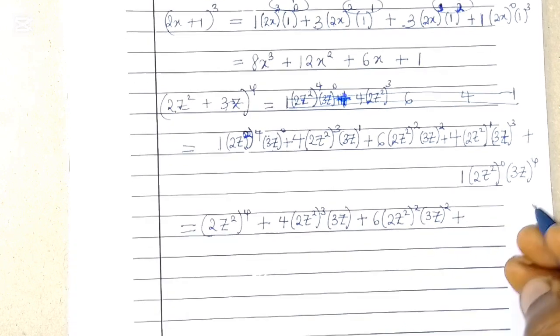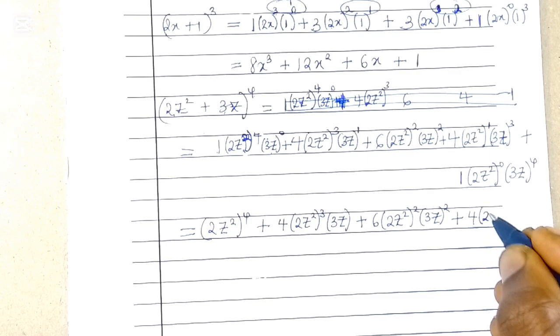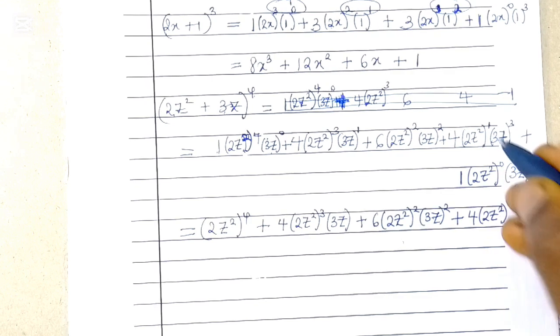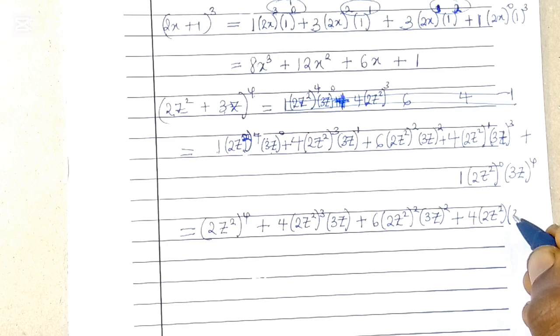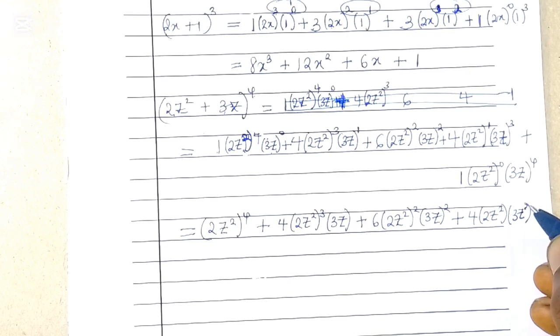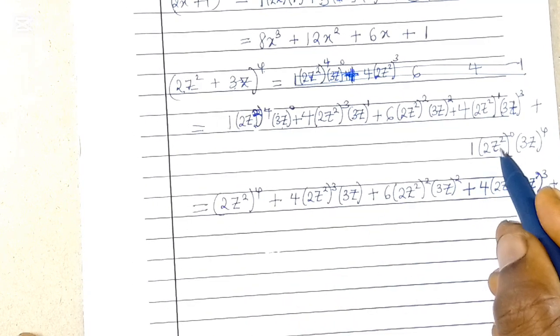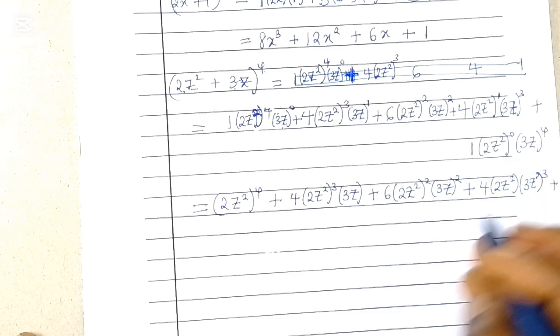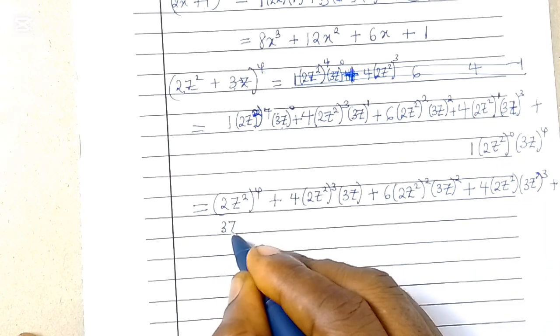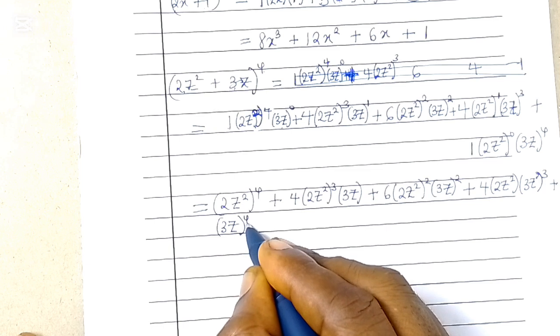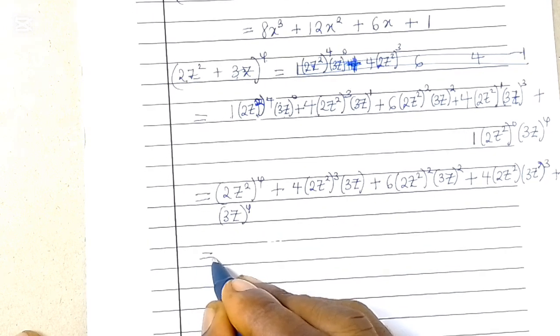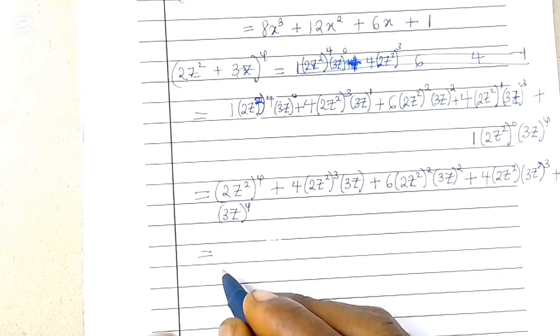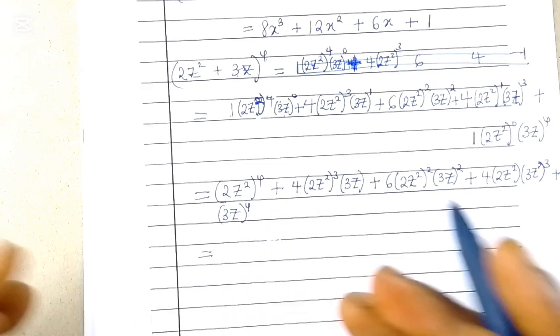Okay? Plus, you have 4 times 2z squared. 2z squared raised to the power of 1 is 2z squared. So I'm going to bring this down here. I want us to see everything clearly. So, this will be raised to the power of 3 plus, finally, 2z squared raised to the power 0 is 1. 1 times 1 is 1. 1 times 3z raised to the power 4 is 3z raised to the power 4. So it now looks better. Okay? Now at this stage, you can do your final simplification, which will require you to apply the laws of